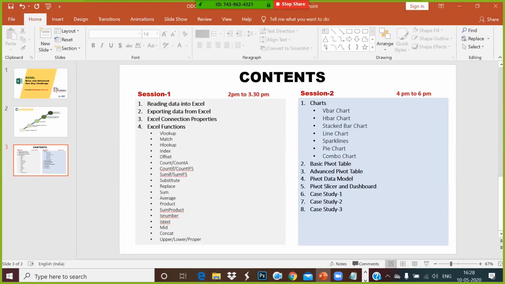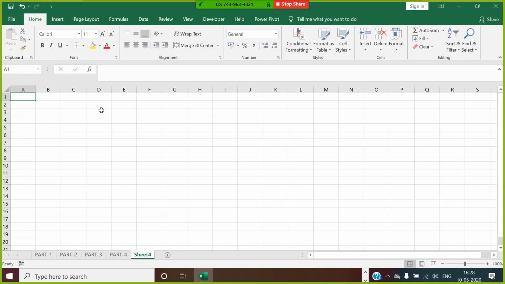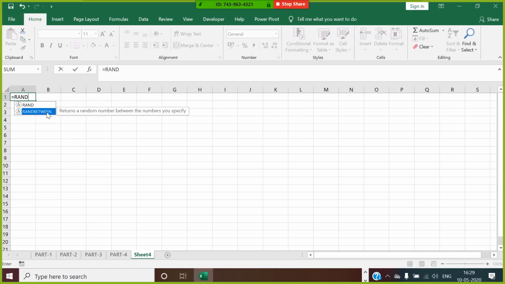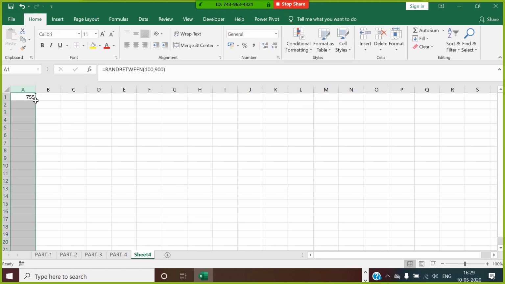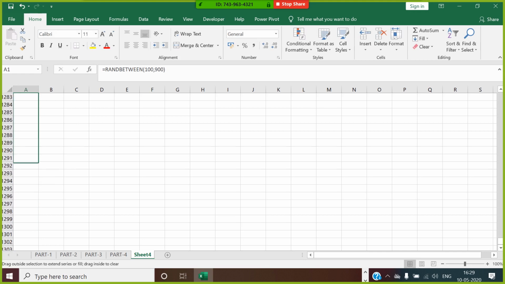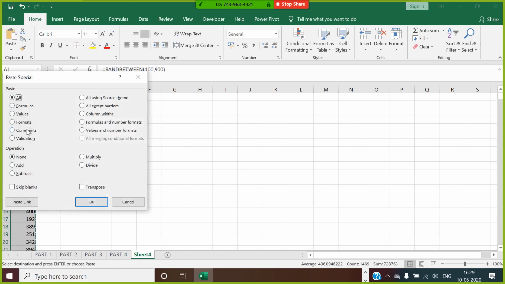Now the next is, what is the use of is number and is text? So let me discuss that. You have been given the series values which is 100 to 900, right? Up to around 1000 records are given there. Control C, right click, I do paste special and values.